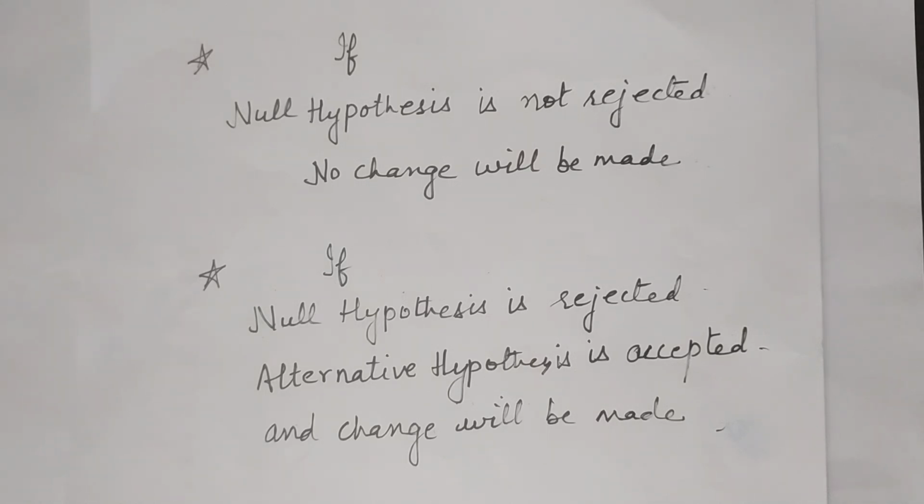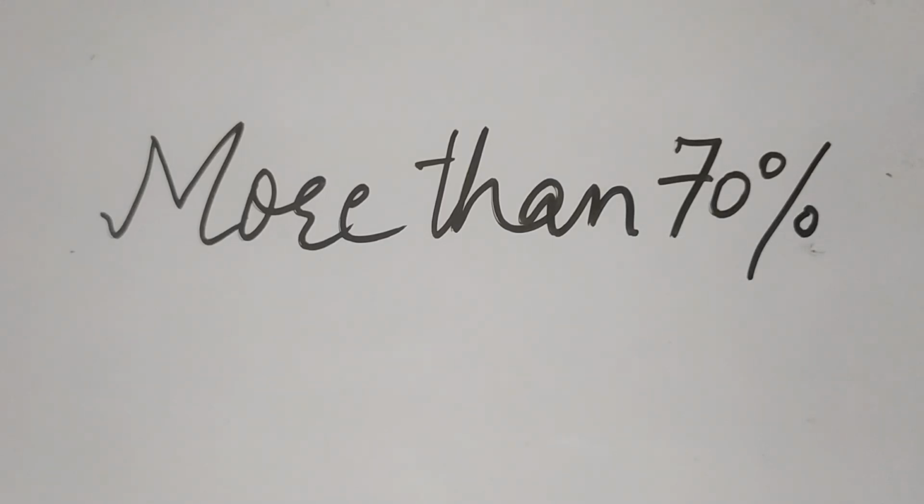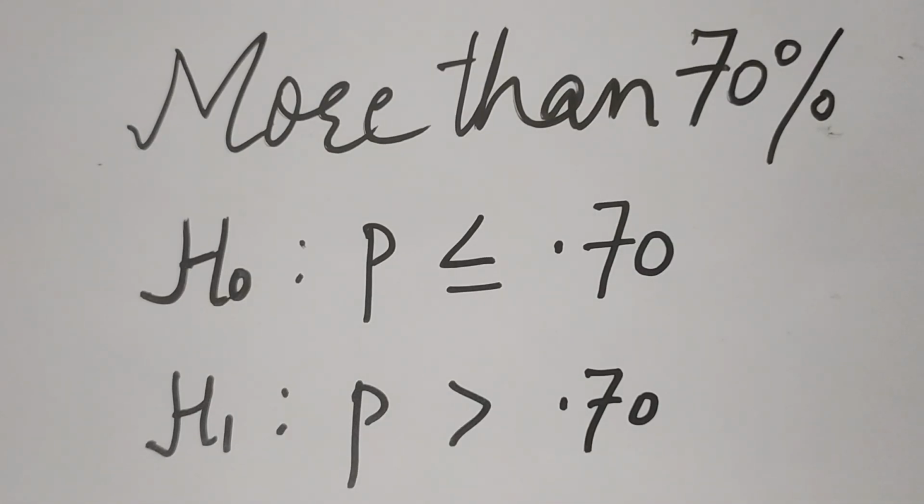Now let us take an example. Suppose a departmental store is planning to introduce its Android application service. The new service will be introduced if more than 70% of its customers use internet shopping. So here we are given the condition that the new service will be introduced if more than 70% of the customers use internet shopping. So that means the null hypothesis would be that the percentage of customers using internet for shopping